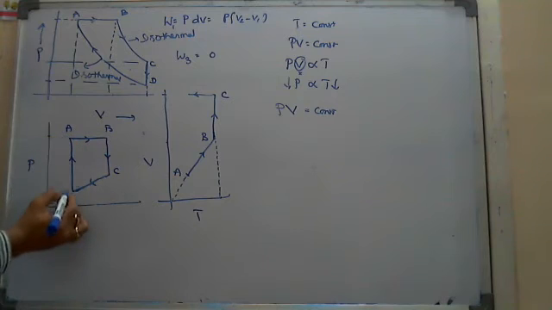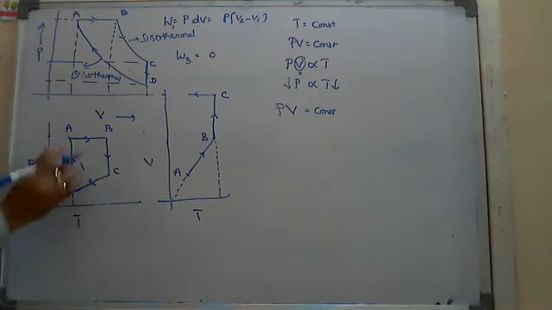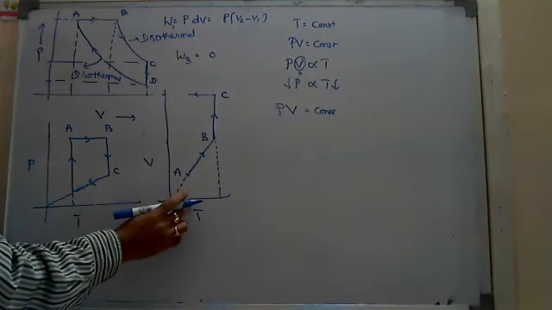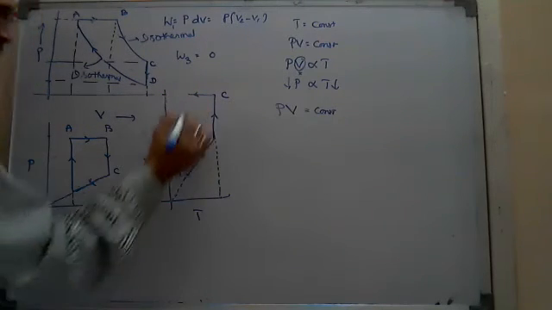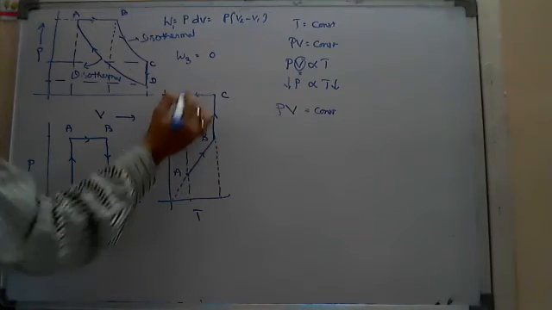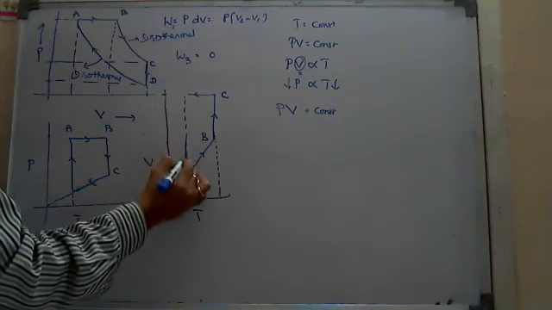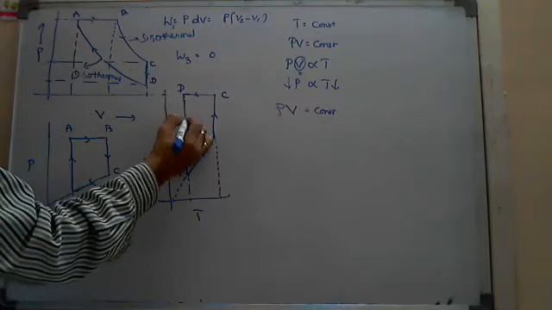I have to take a straight line, Nana. Why? Because temperature is constant, isothermal process. So I should not take a straight line like this. I have to take a vertical line. That's why I took from here, again to join the initial point A. And here also temperature is constant, and from D to A volume decreases. Volume decreases means it should come down. Temperature is constant, so you should get a vertical line like this, and it should come from D to A.